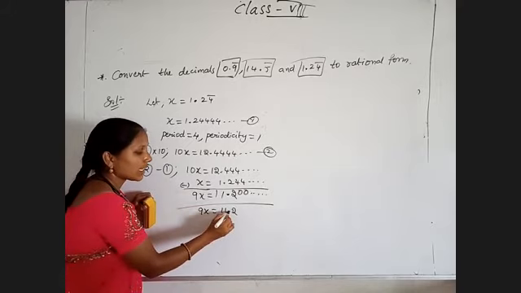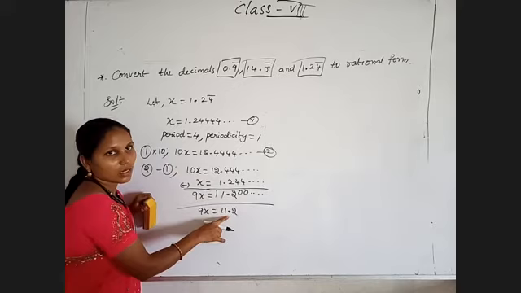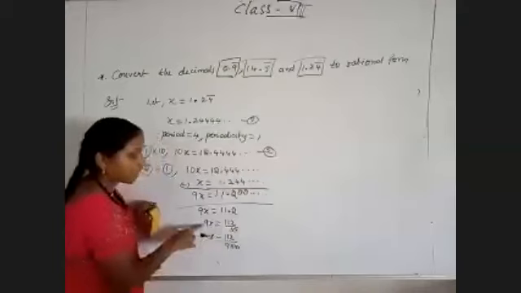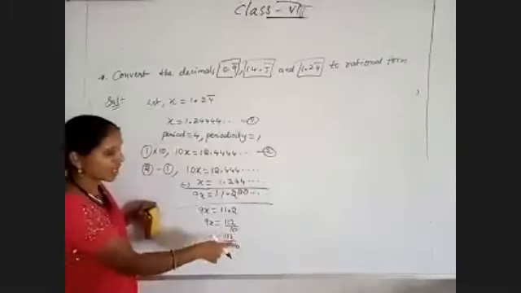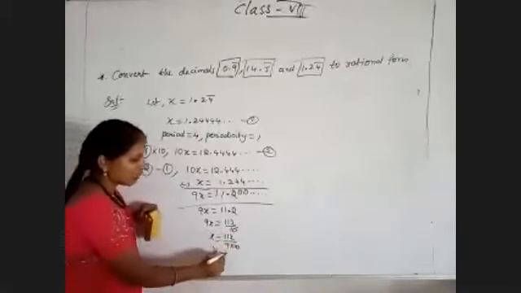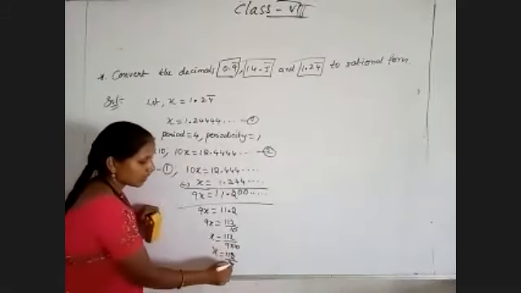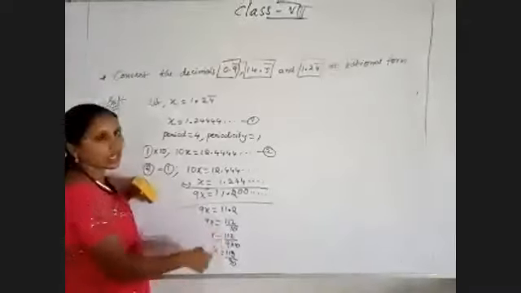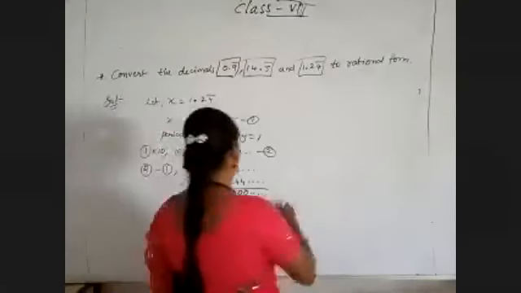Again, it is a decimal. So before that, convert it. 9x is equal to 112 by 10, then x is equal to 112 by 9 into 10, because here the multiplication is brought inside as division. So that is nothing but 112 by 90. It is not in the simplified form, so convert it into the simplest form. Whatever you get is the answer. So now observe this